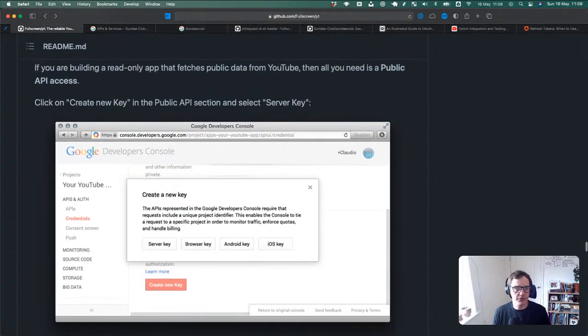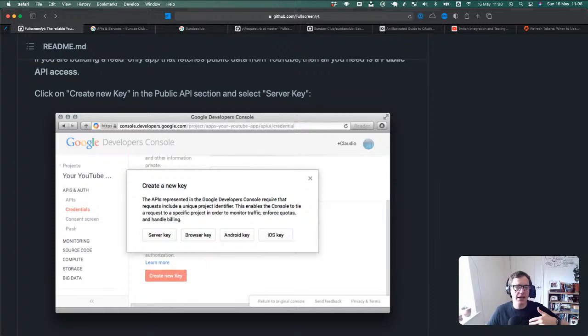And that is different from what we did previously, which was where we just created an API key. It was like, hey, I have an app that just wants to do what anyone can do on YouTube, just read stuff that's publicly available. So when you have that key, all we needed was the key, and YouTube would just let us do whatever we wanted. They would check our usage, and then they can turn that access off, or they can check that we're not using too much or whatever it is.